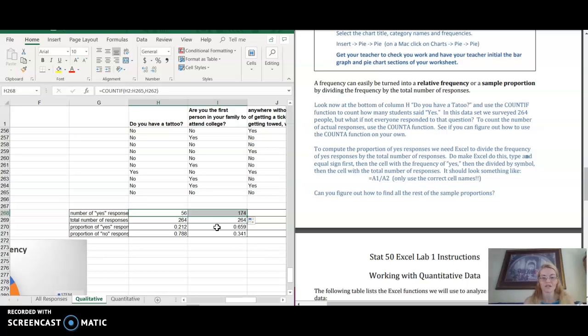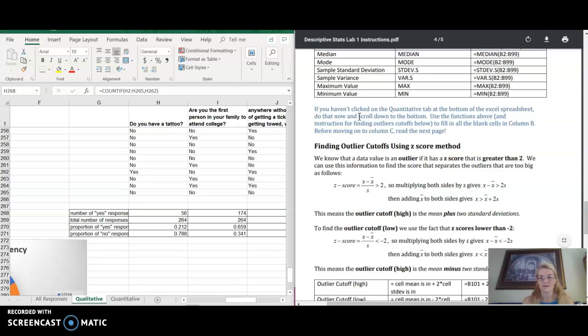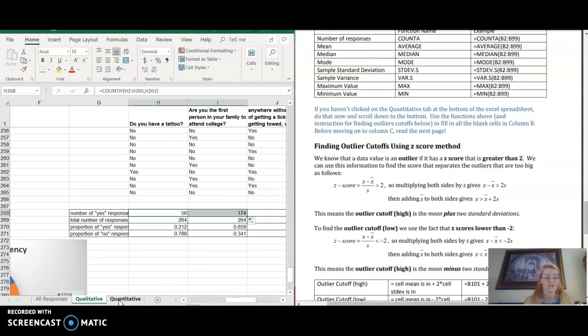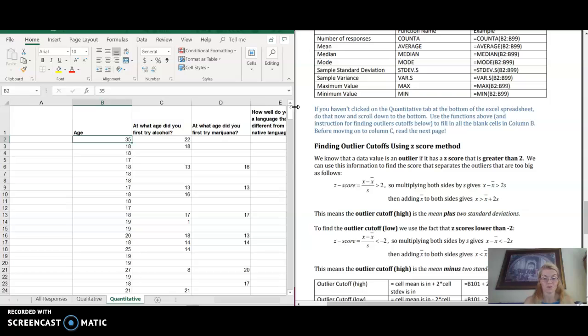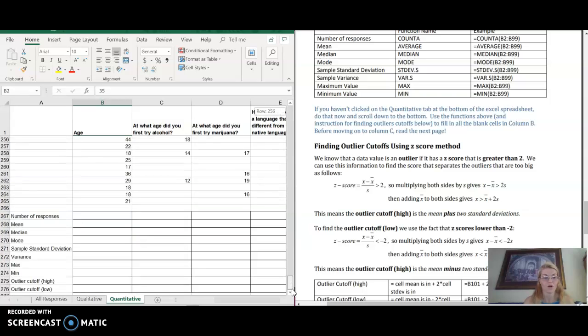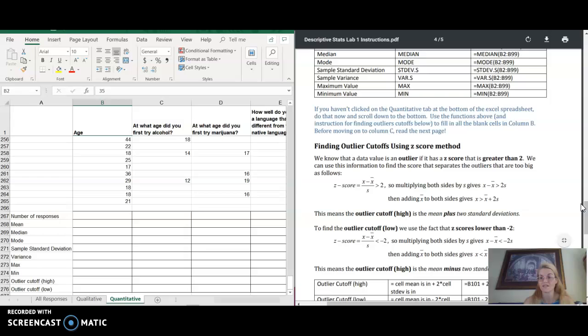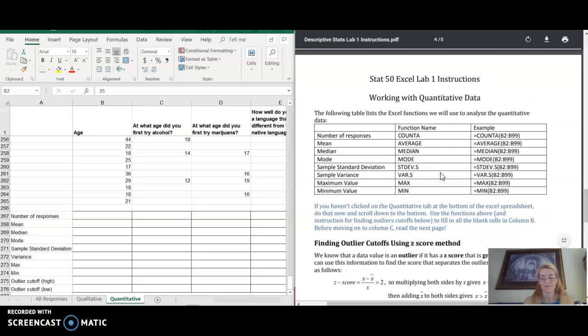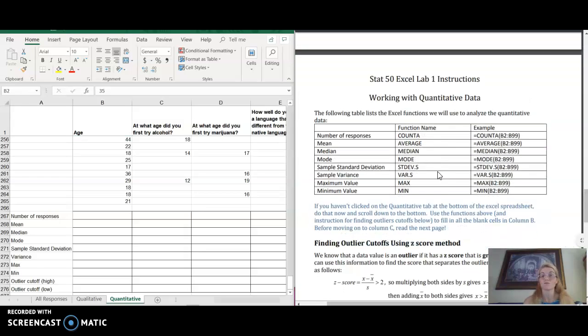You're going to use a similar trick on the next set. If you haven't clicked on the Quantitative tab at the bottom of the Excel spreadsheet, do that now and scroll to the bottom. So finish this up, click over to Quantitative, and then scroll to the bottom, and you're going to be doing a lot more with Excel using all of these functions up here. But hopefully that's enough to get you started. So get as much of this done. We're not going to have a whole lot of time in class to finish this up, if any, so try and get it all done. And ideally, you can just show me your Excel file, I can initial it off, and then you'll be